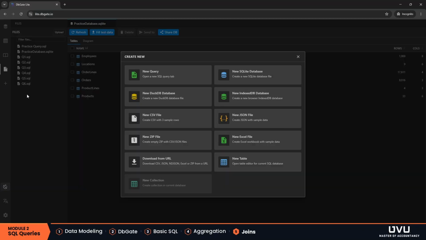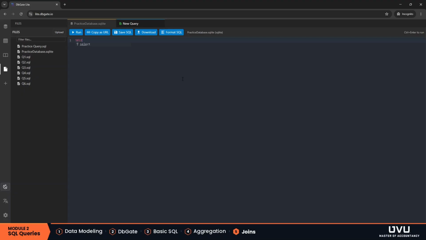So back in this database, we'll add a new query, and we will select first name, comma, last name, comma, city, comma, state. And we need to select these from both the employees and locations table. So we specify from employees join locations, and we join them on the primary key foreign key pair, the field on which these two tables have a match, and we have to specify it with table prefixes. Employees.locationID equals